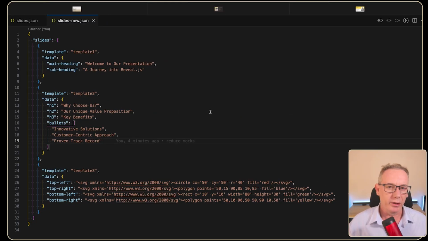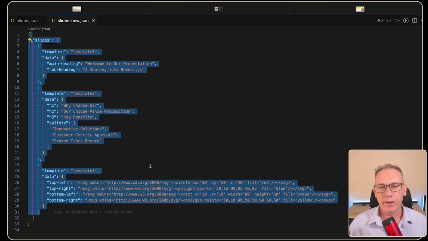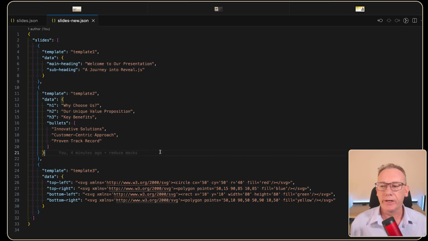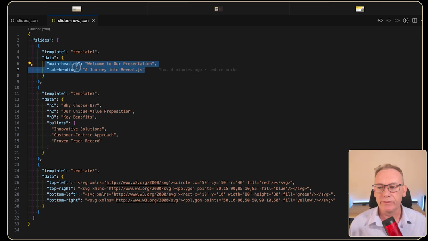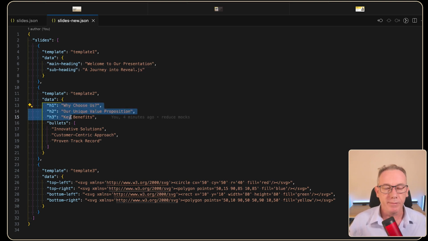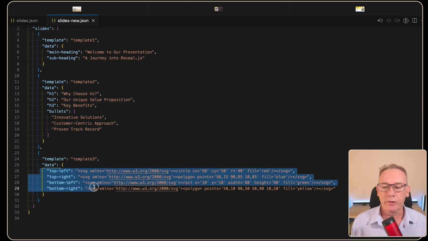Now I want to start by looking at the slides and the data that goes onto the slides. I've just put together this simple structure, and there's three different concepts that I'm trying to deal with here. The first is that you might have data points with semantic meaning, like main heading or subheading. The next is that you have data points that map quite cleanly to HTML elements. And then the third one is just talking about positioning: top, left, right, bottom images, in this case provided as